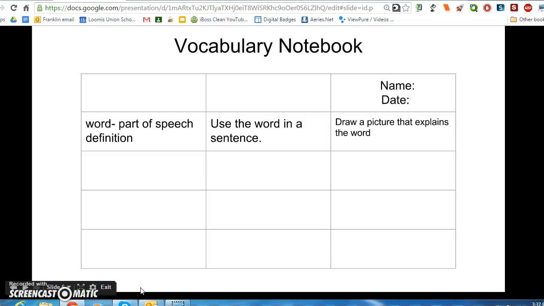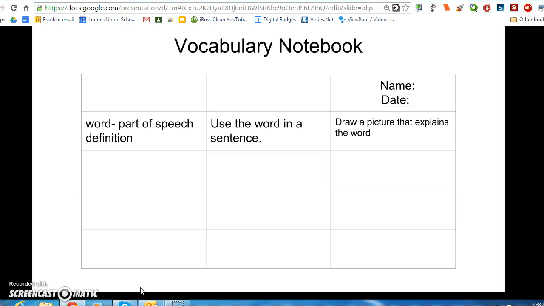I also asked today that you tune into interesting words while you were doing your own reading. So you should have been looking for what type of narrator your 40-book challenge has, and also as you're reading tonight for homework, your 20 minutes, you should also be looking for interesting words to build up your vocabulary. You can be writing them in your book with a highlighter or on a sticky if you don't feel comfortable writing in a book, finding out what those words mean and adding them to your own vocabulary to make you a better reader.